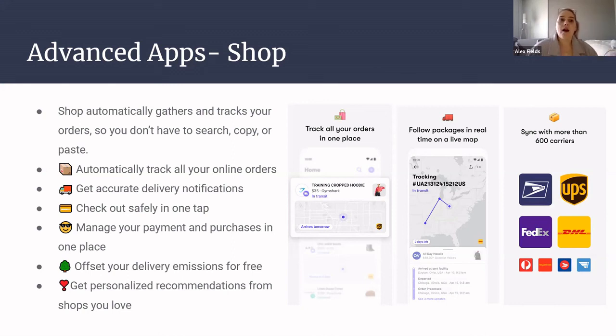to track your order. With the Shop app, you would download it from the Google Play Store, and then it's going to ask for your name and your address, as well as your phone number. And once you put all that information in, it automatically tracks all of your online orders. So you will have to do nothing else but input that basic information, specifically your address, and it will show every package that's going to be delivered to that address, where it is, and how long it should take to get to your